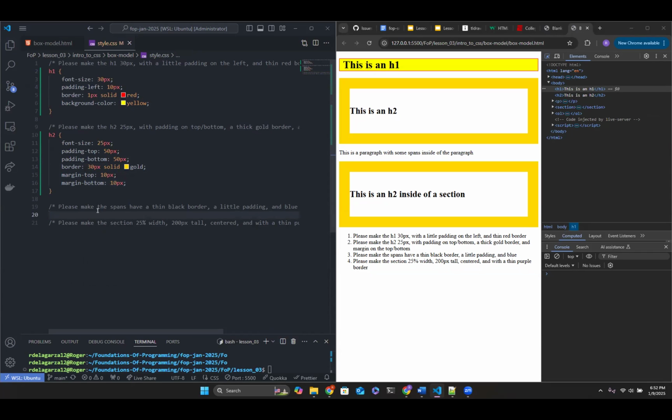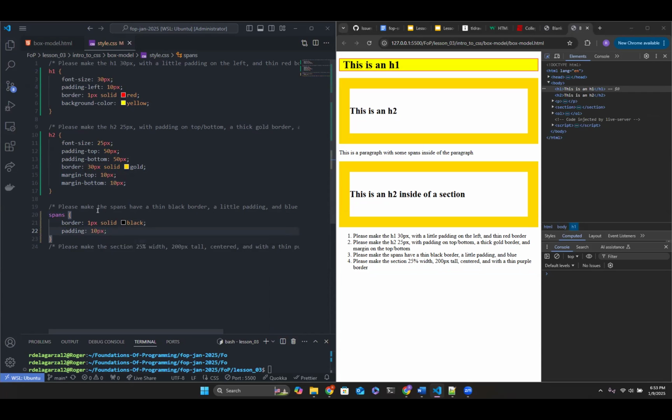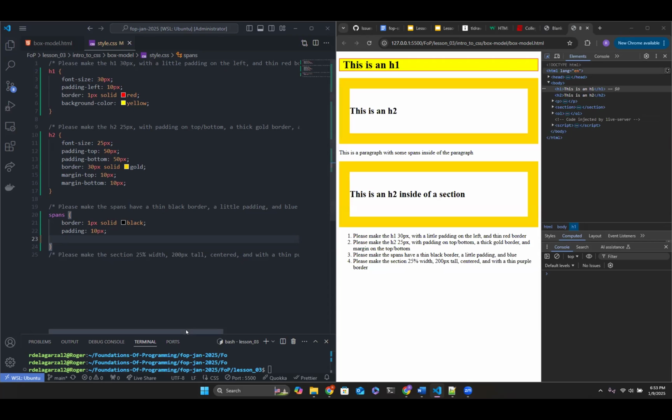Please make the spans, we'll call spans, have a thin black border. So it's a border, 1 pixel, solid black. A little padding. It didn't specify where, so we'll just do padding, 10 pixels. And we don't see it really working here. It's somewhere in the text.